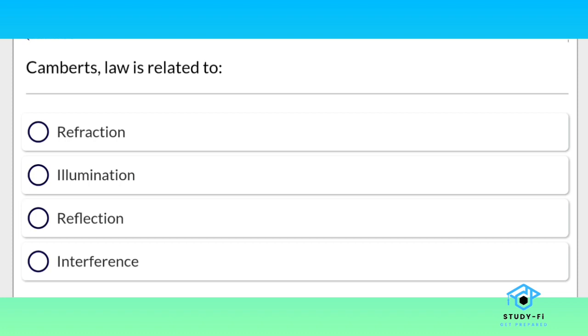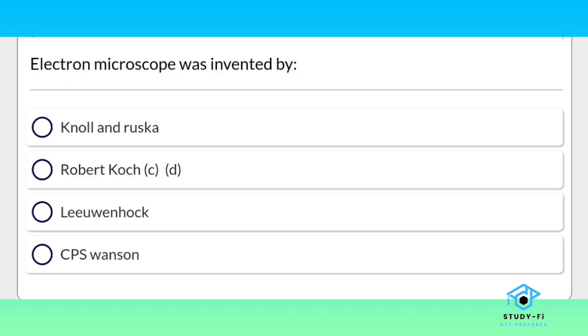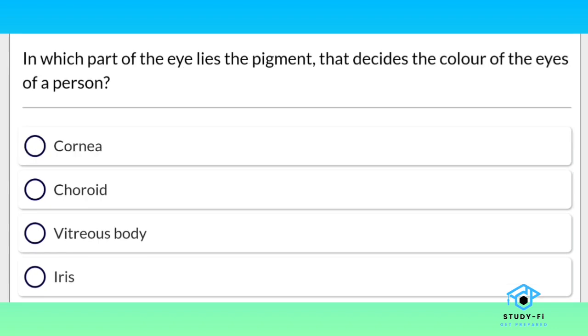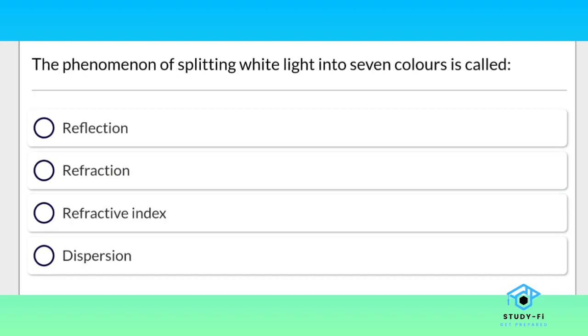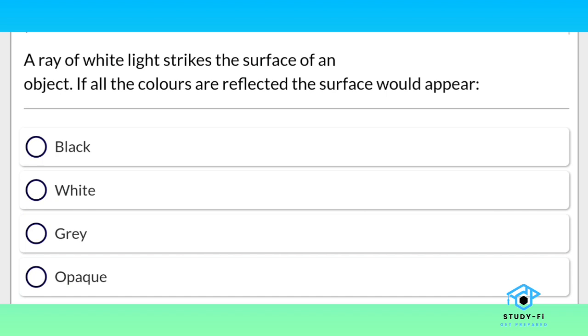Lambert's law is related to illumination. Electron microscope was invented by Knoll and Ruska. In which part of the eye lies the pigment that decides the color of the eyes of a person? Choroid. The phenomenon of splitting white light into 7 colors is called dispersion. A ray of white light strikes the surface of an object. If all the colors are reflected, the surface would appear